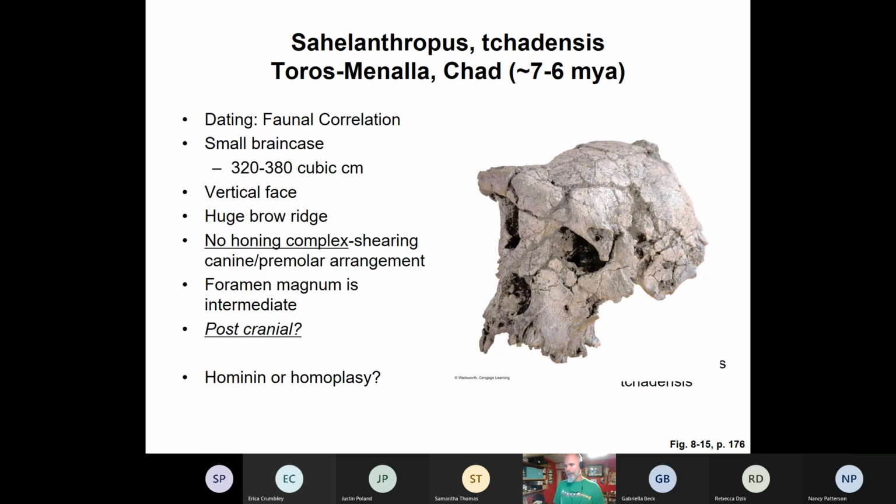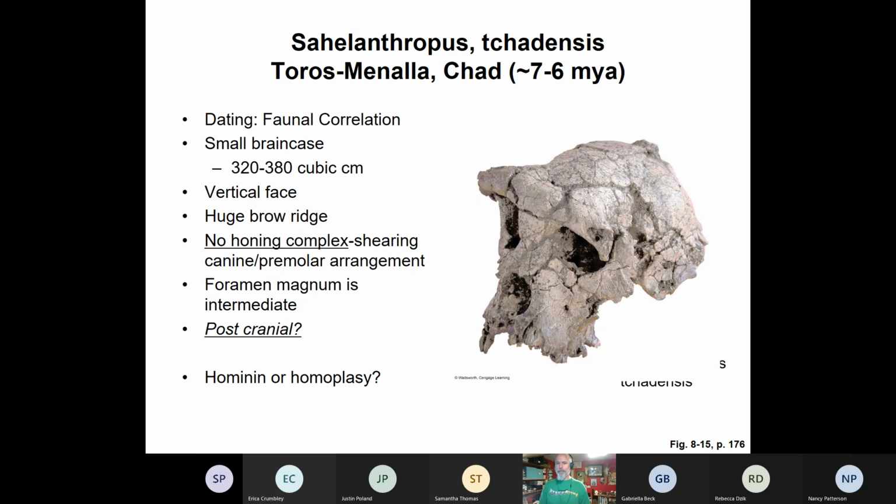And so, yes, the interesting thing about Sahelanthropus, and the two things that really made anthropologists think this is a hominin, is that there is the absence of the canine and the diastema, that honing complex we mentioned, but also the foramen magnum, which is the hole that connects the skull to the spine. That hole was not necessarily in the back, and it wasn't necessarily vertically underneath the skeleton.